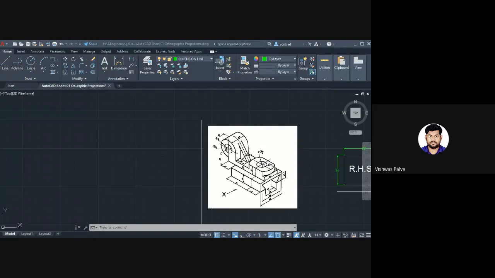I hope you have maintained 3 sketchbooks. One is for classwork, one is for assignment, and one is for term work. So in that term work book, first we are going to solve this projection of solids term worksheet number 1. I will record a video for all the 3 problems, as I have done for the line problem. The second problem of the line, I recorded a video because the time duration is very short. So I will record a video for all these 3 problems, and you can complete term worksheet number 1.